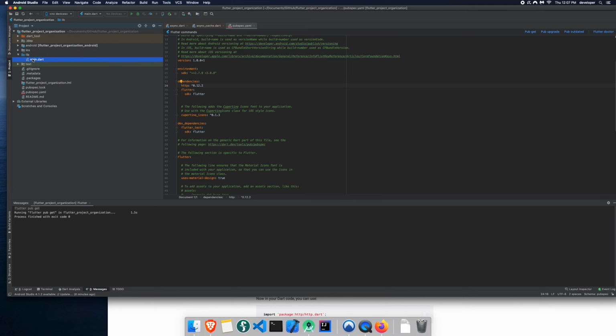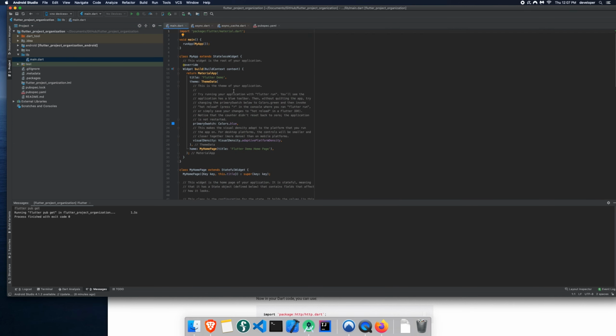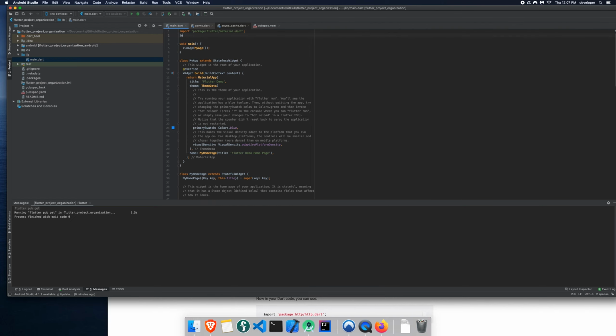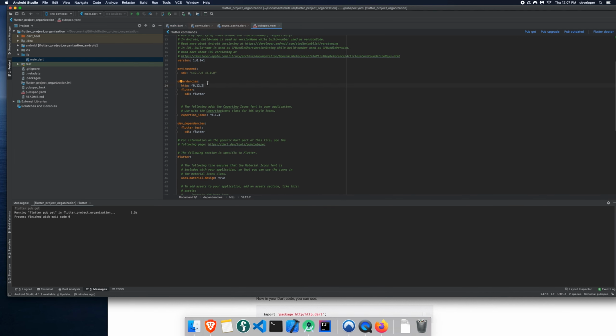and by default they've created a main.dart file. So if I go ahead and open this, without digging into everything that's going on, let's import http.dart. The reason it's grayed out is because we're not actually doing anything with the package, but the fact that it was able to find it means that what we did here was able to install this package